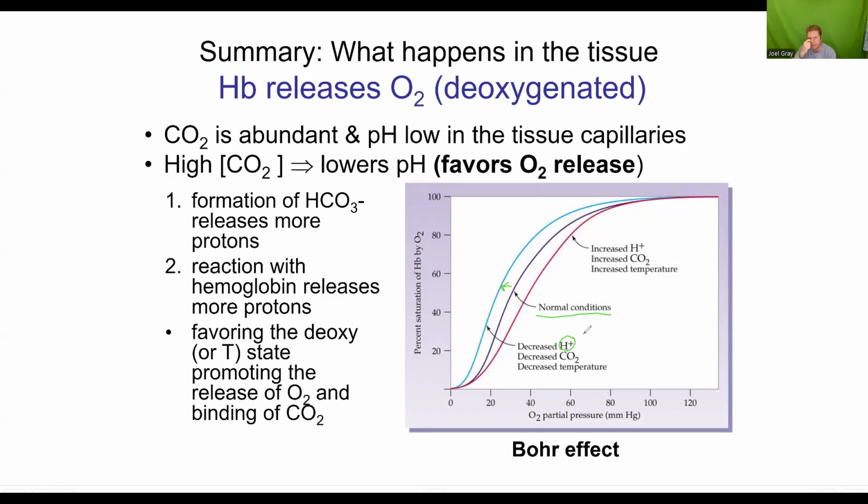Now, a shift to the right is highlighted primarily by, and we're already familiar with these, what's in the tissue, where you have an increased hydrogen ion concentration or a decrease in pH and an increased CO2 concentration. Now, I want you to be able to comfortably code switch between hydrogen ion